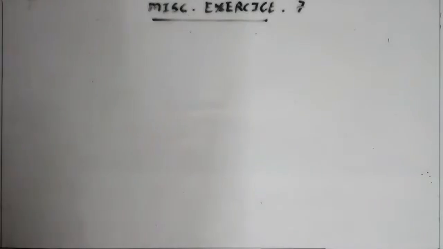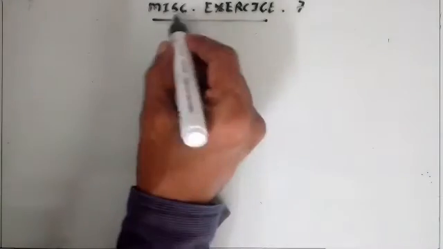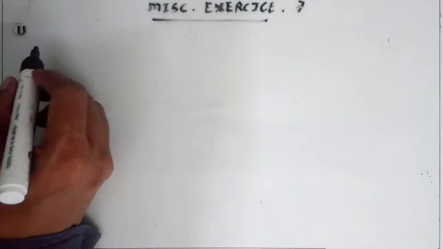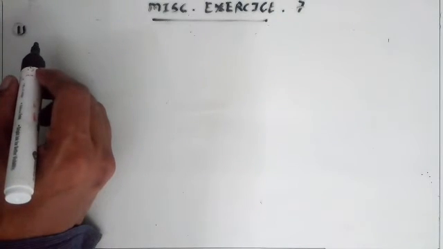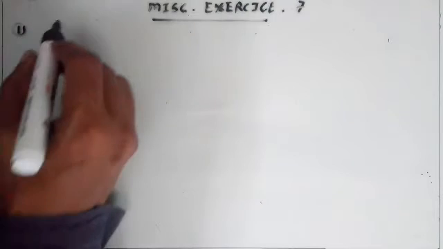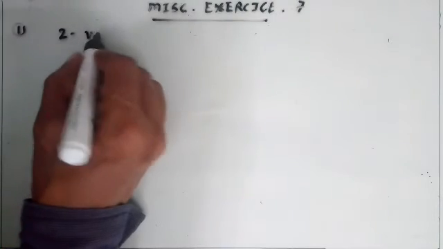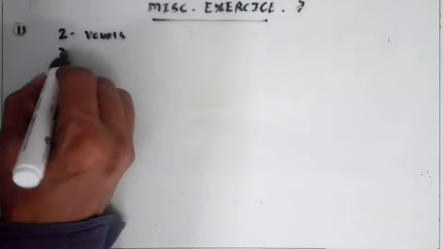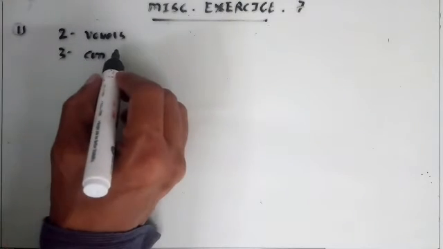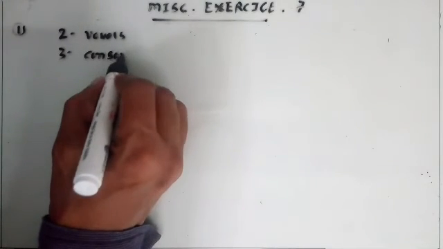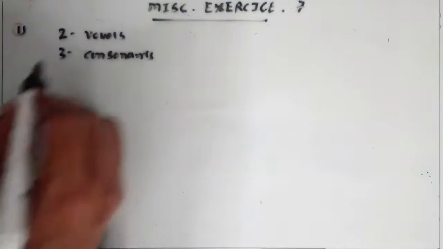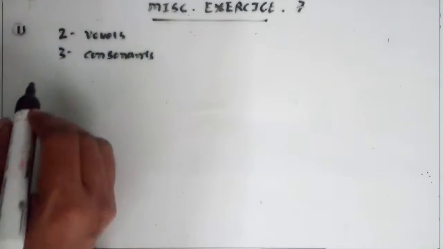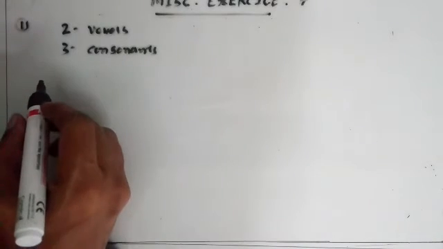Student, now here we solve some questions of a miscellaneous exercise of chapter 7. First question given: how many words, with or without meaning, each of two vowels and three consonants can be formed from the letters of the word. Here the word given is